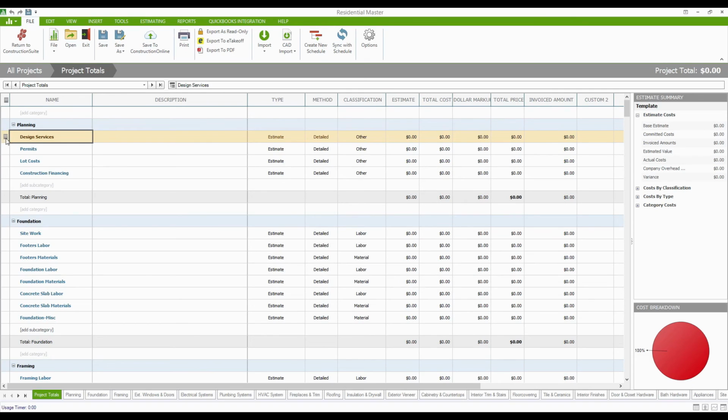Now, in addition to the notes section, to the right of our name column, we've got the description column coming up next. Description, much like the description column in QuickBooks, is your way to add a little bit more flavor to the items that we're working with here in ConstructionSuite. So here in Design Services, if we needed to add a little bit more detail to it,